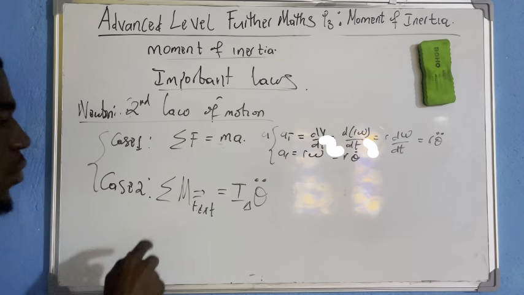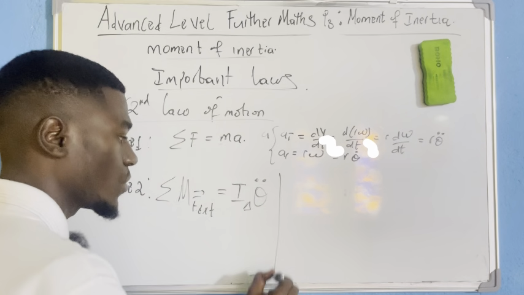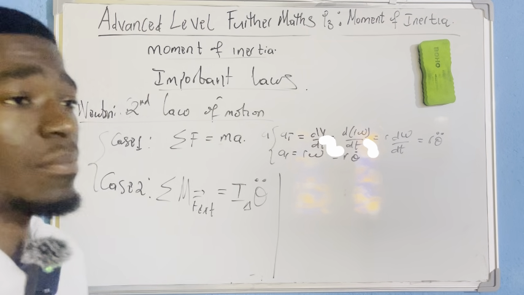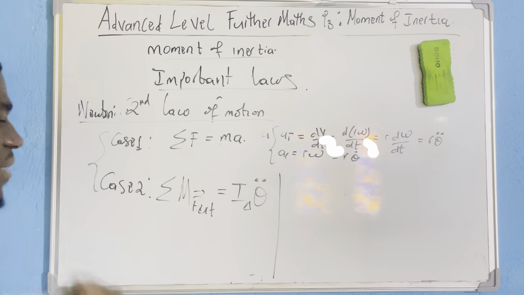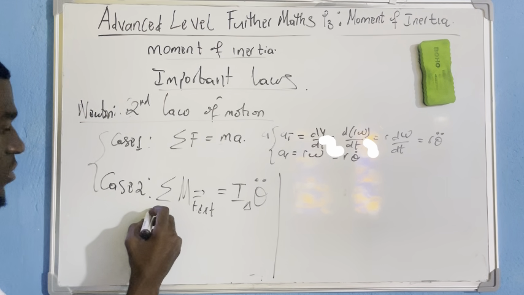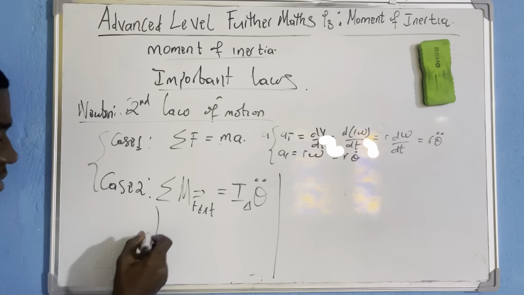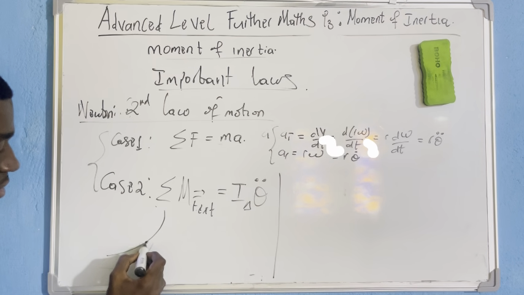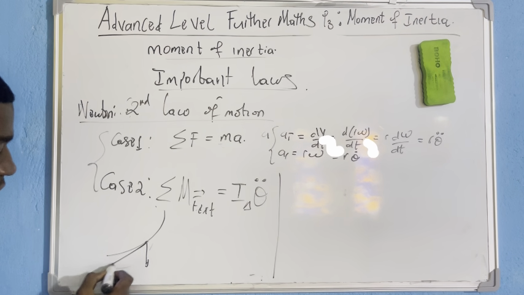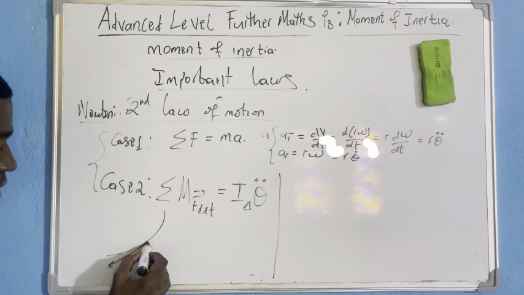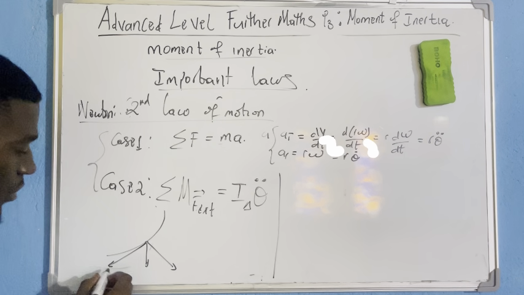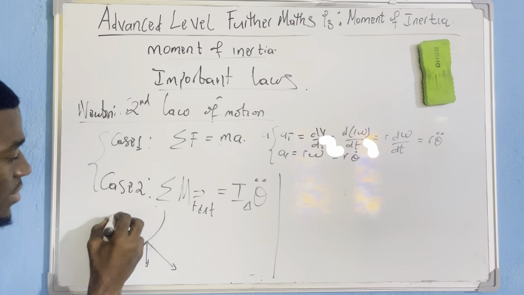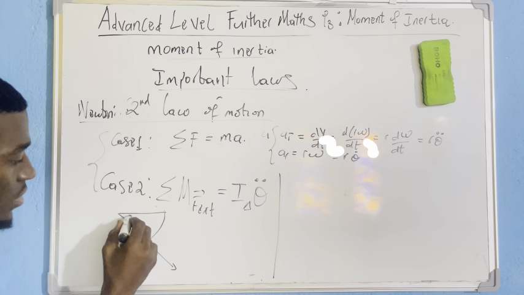Now, let me explain this formula very quickly. To explain this, let me consider a body undergoing a circular path like this. Let me do it here. The body rotating has, let's say, this is the weight. This is the tangential component of the weight. This is the normal component. Then let's say this is the body here. This is the angle.